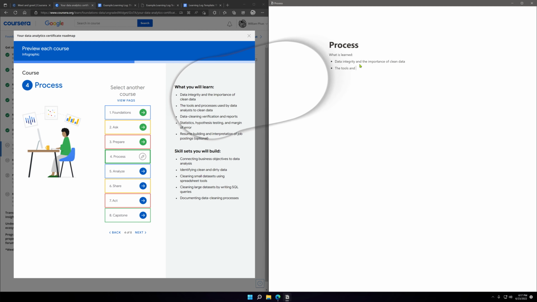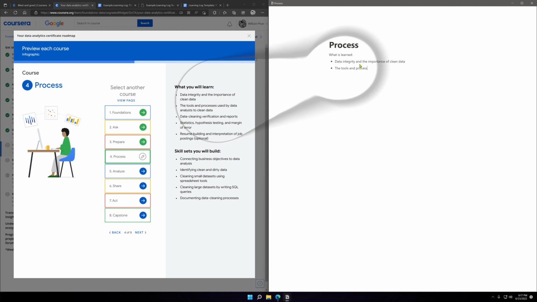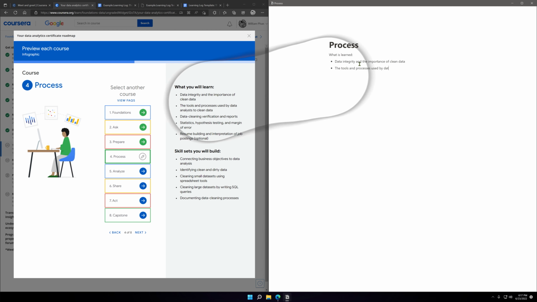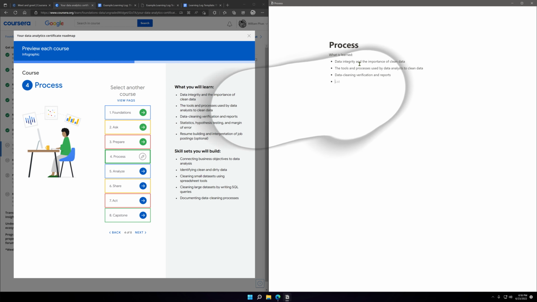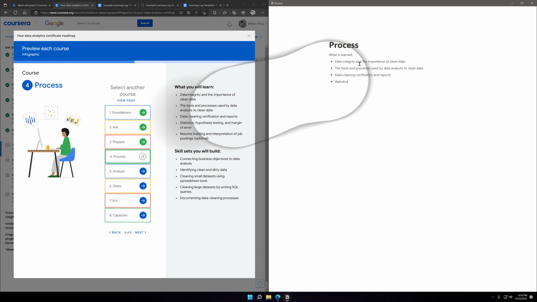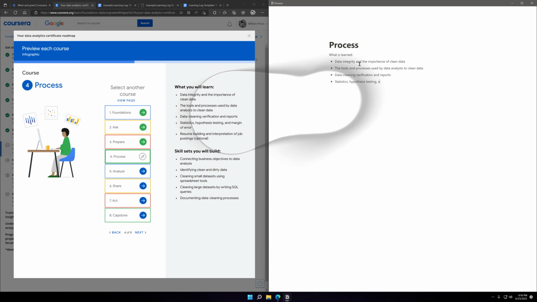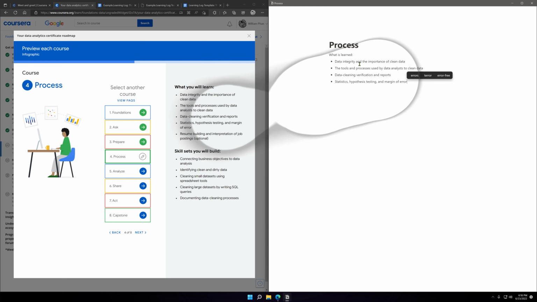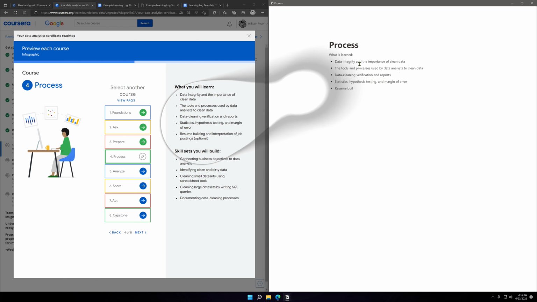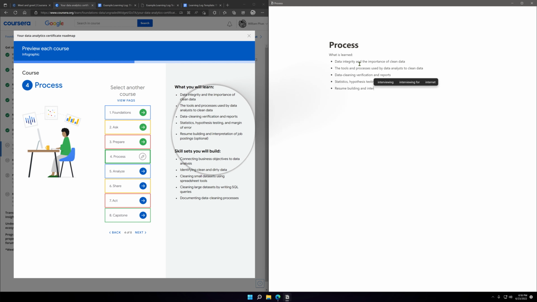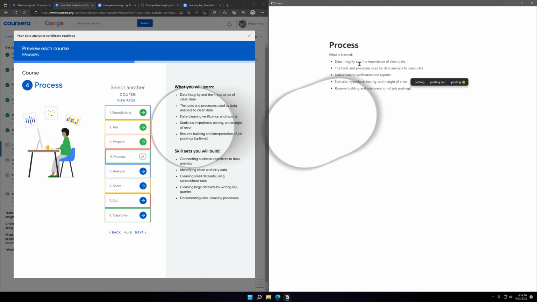These are used by data analysts to clean data. Data cleaning verification reports. Hypothesis testing, margin of error. Resume building and interpretation of job postings.